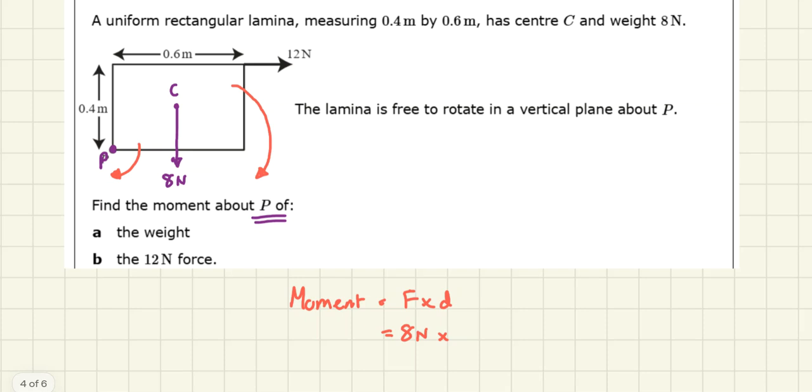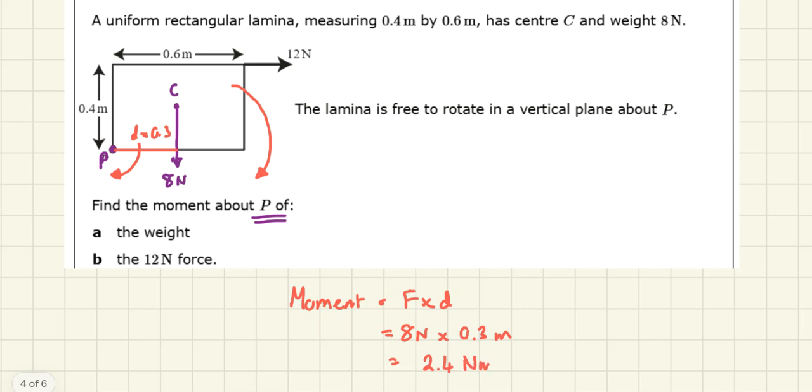When it gets harder, you have to remember, and it is tricky, I'd say, so we have to really ingrain this now. What we do is we look at the action of the force. The line of action of the force is vertical. So we go from that action and we go perpendicular to the point, and that's the distance. So what is that distance? That distance is 0.3. So we're going to go 8 newtons times 0.3 meters, and we get the answer